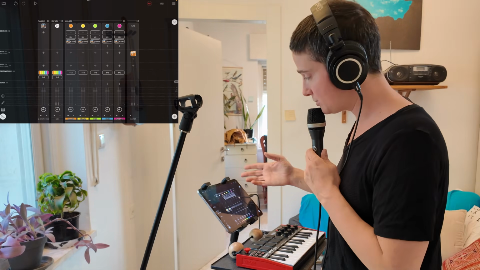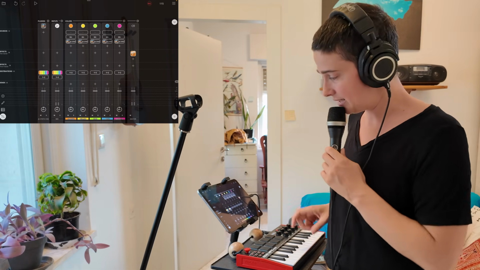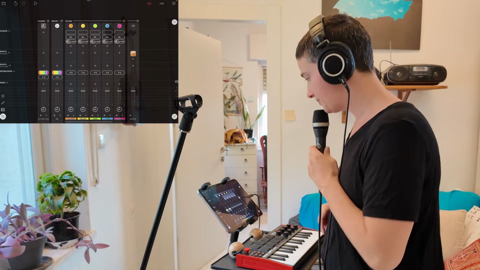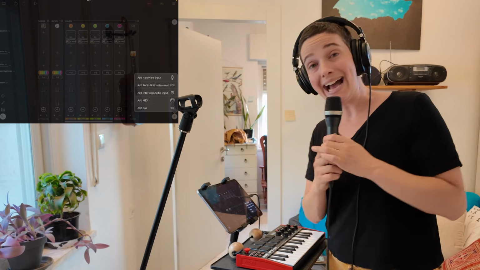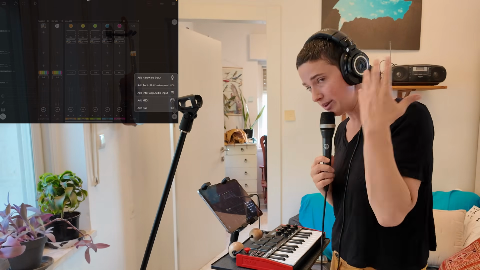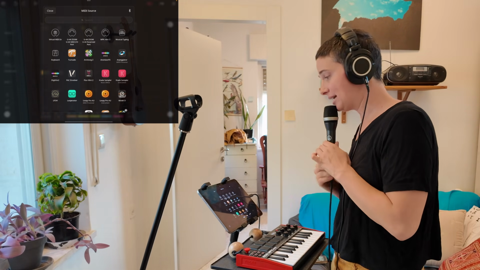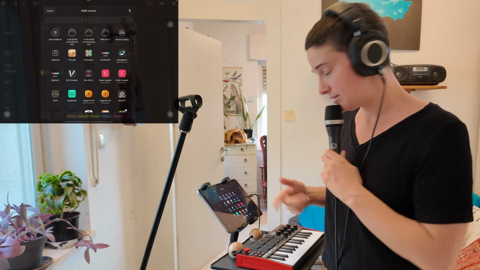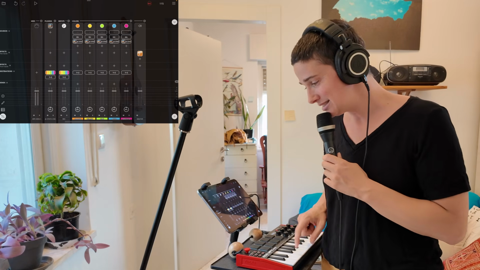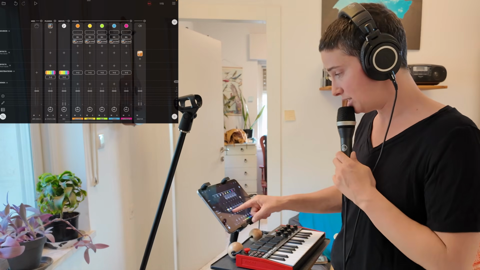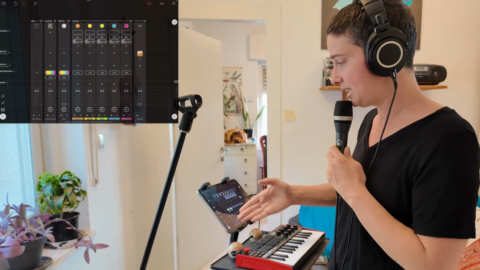So look, I've got this instrument, and I'm pressing my keyboard, and nothing is happening except my mic hearing this. So what I need to do, again on this plus sign, is add MIDI, right? This is a MIDI keyboard. I need to add it. So add MIDI. And this MIDI keyboard is called MPK Mini 3, and I'll see it as one of the options as long as it's connected. So got that. It's still not going to play the instrument. The mixer is now registering it, but I need it to know that it's playing the